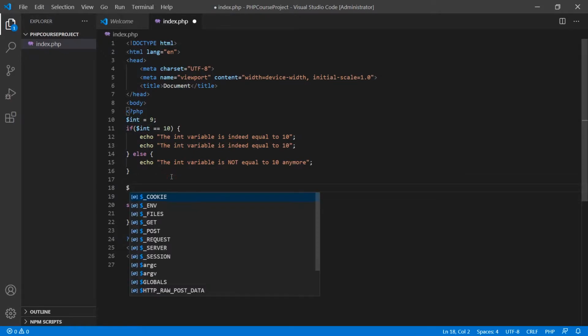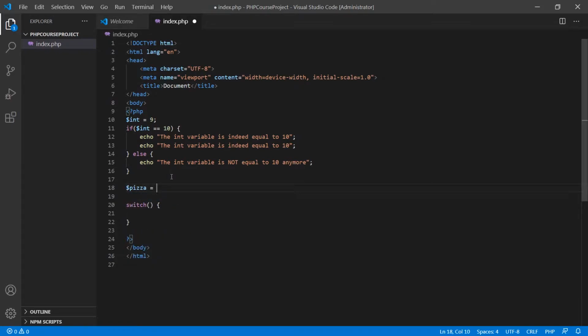I'm just gonna call this pizza. I don't know why. And then I'll give it a value of pepperoni. Wow. Pepperoni. How do you pepperoni? There you go. And then I'm just gonna end that with semicolon,